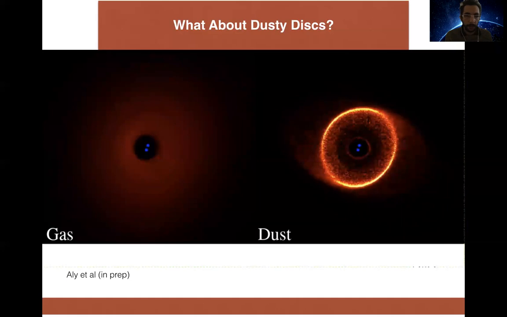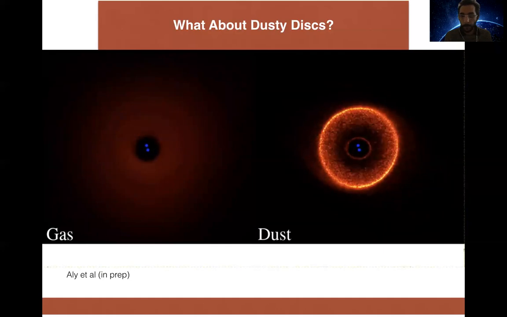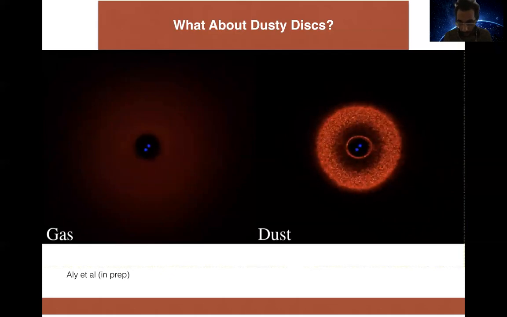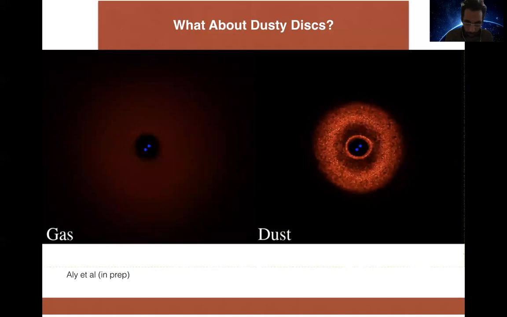So this simulation, the lifetime of the simulation is around 300,000 years in total. And at the end, you are left with the dust disk being just these two rings, with the outer one much more prominent. There's a faint indication in the gas disk that there's a bit of a gap where the dust piles up, just because of the back reaction of the dust on the gas.